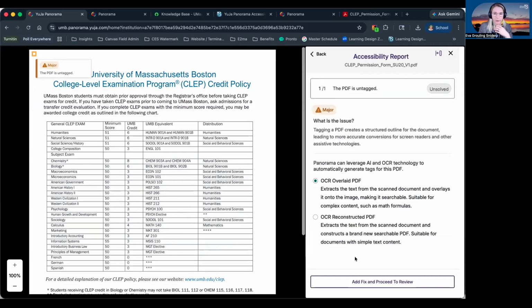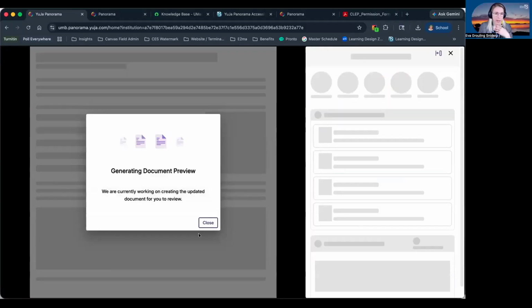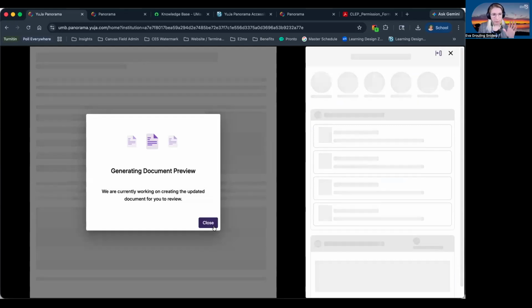And again, we need to select overlaid or reconstructed, and I'm going to do overlaid because of the visual complexity of this content. And I'm going to apply that fix, and then it will reprocess the document, tag it with appropriate tags. And we'll want to double check the work that is done, make sure everything's good there, and fix any issues that are further identified.